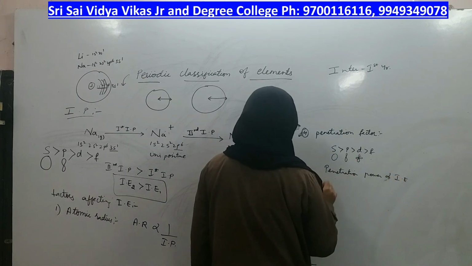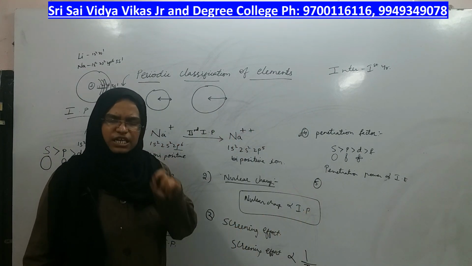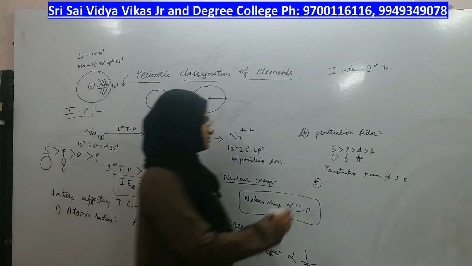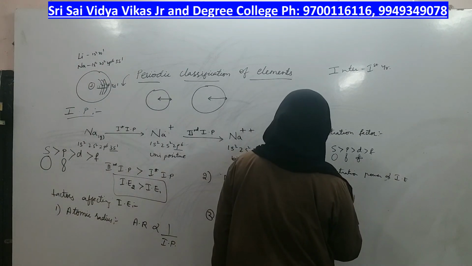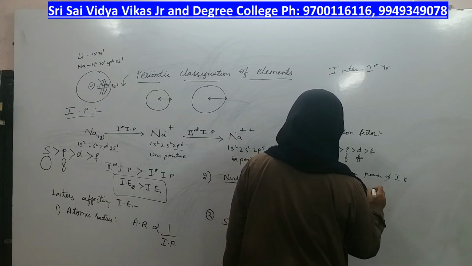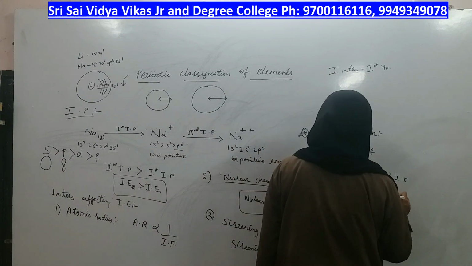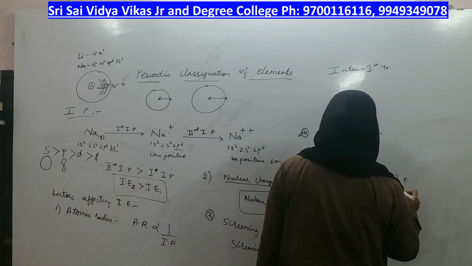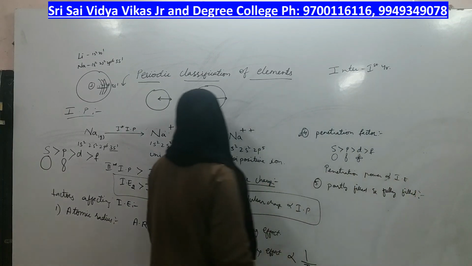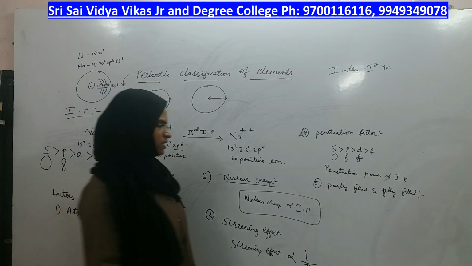And the last factor on which ionization potential depends is partly filled orbitals and fully filled orbitals. Partly filled means each orbital is having one electron each, and fully filled means an electron pair is present. We have seen in the case of sodium bipositive ion that removal of electrons was from 2p6. As 2p6 is fully filled, the removal of an electron from that is very difficult.